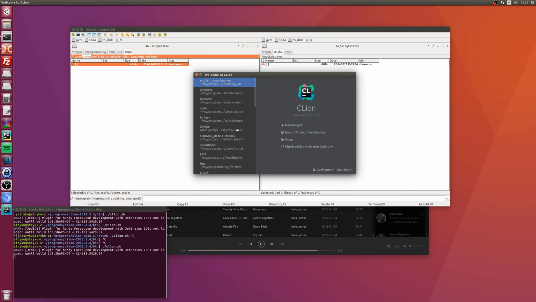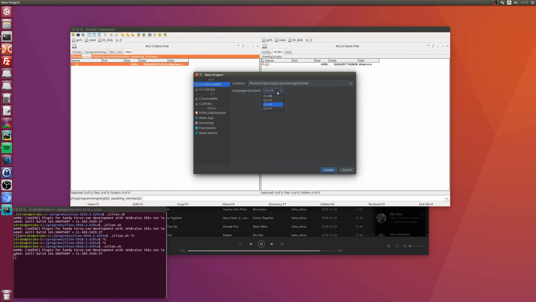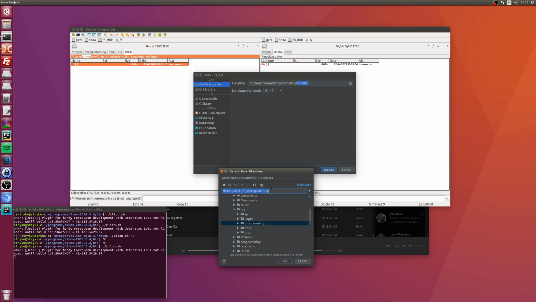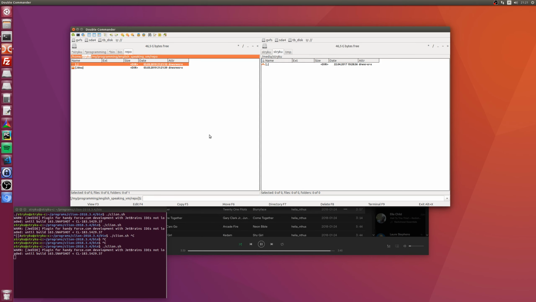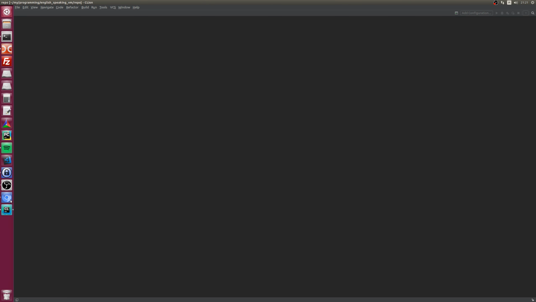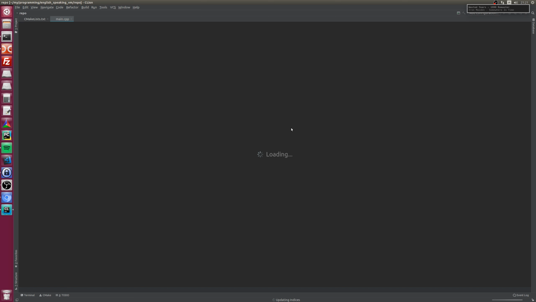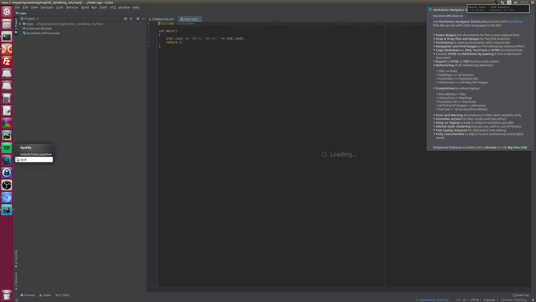Let's just remove it and create a new project with C++17, not untitled, but in the English virtual machine, in the repo. Okay, that should work. I barely hear the music, so I'll turn it off anyway. Thanks to that, I'm going to hear myself better, so I will spot every mistake that I make.